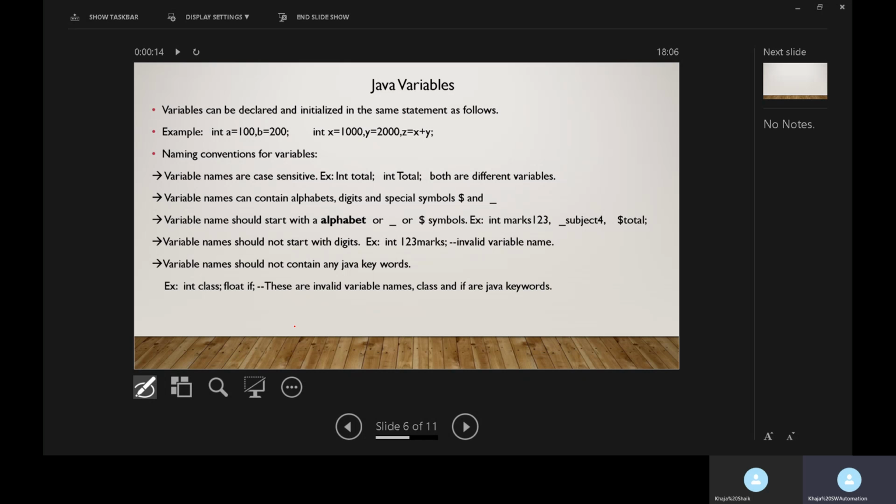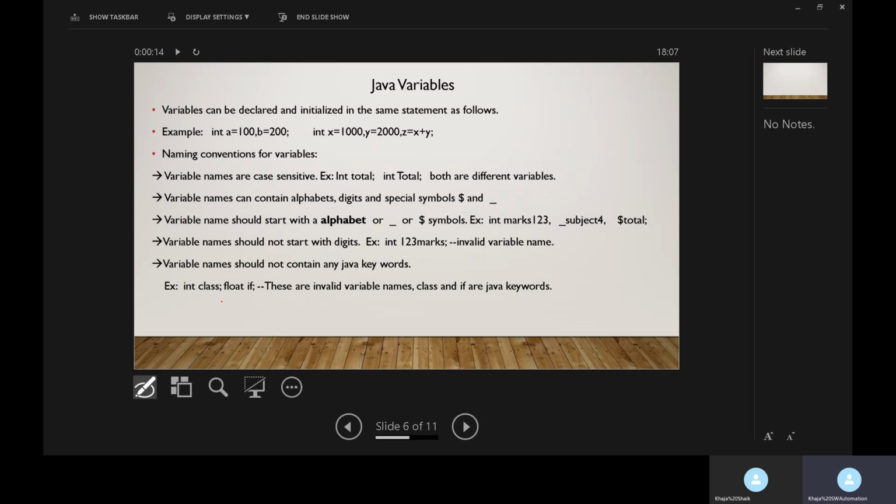So like this we have the different reserved words. Those words can be used as per the Java defined purpose only. So we cannot use these reserved words or keywords for variable creation. Okay, so that is, variable names should not contain any Java keywords.